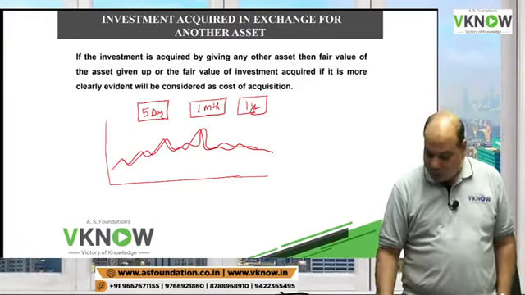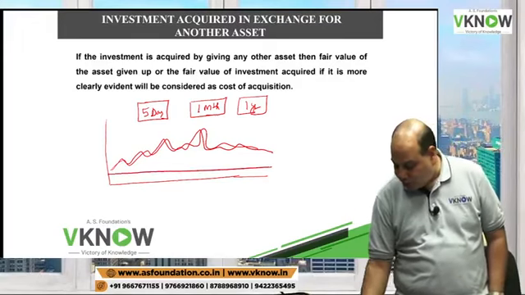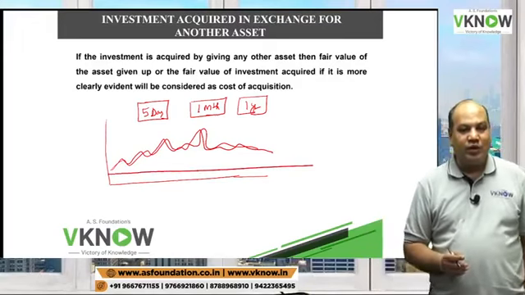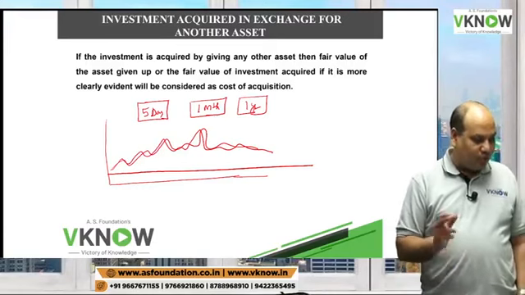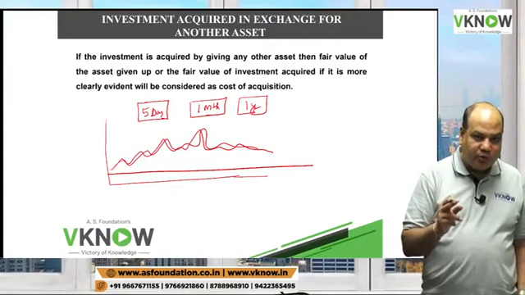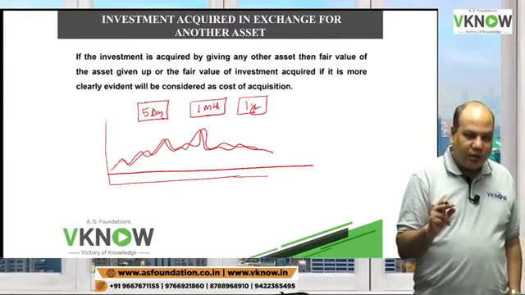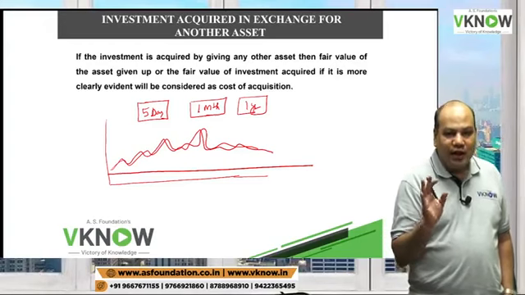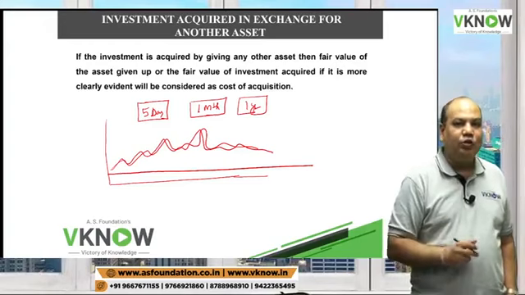Is there any student which is showing a graph straight line like this? That whether it is Monday, Tuesday, Wednesday, Thursday, Friday, your graph will be same? The answer is no. Which means the fair market value of a listed company share is not as reliable as the value of a car.